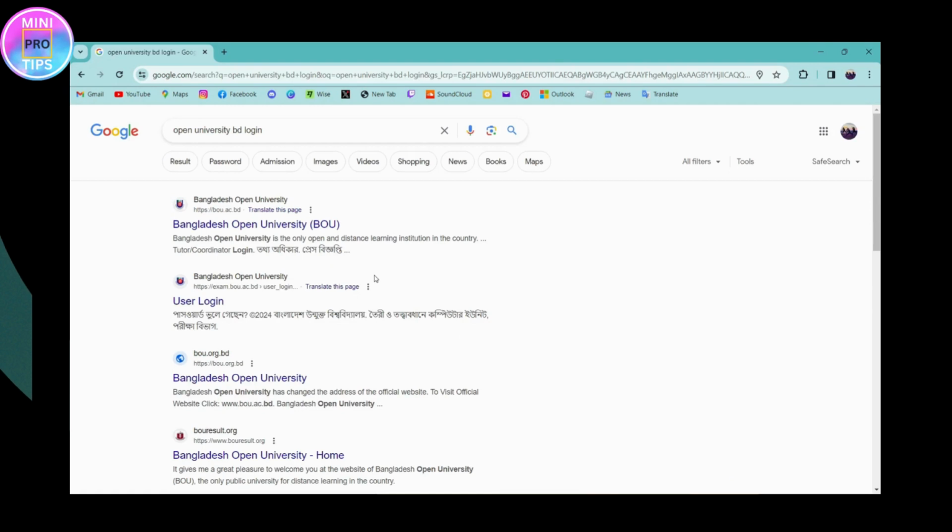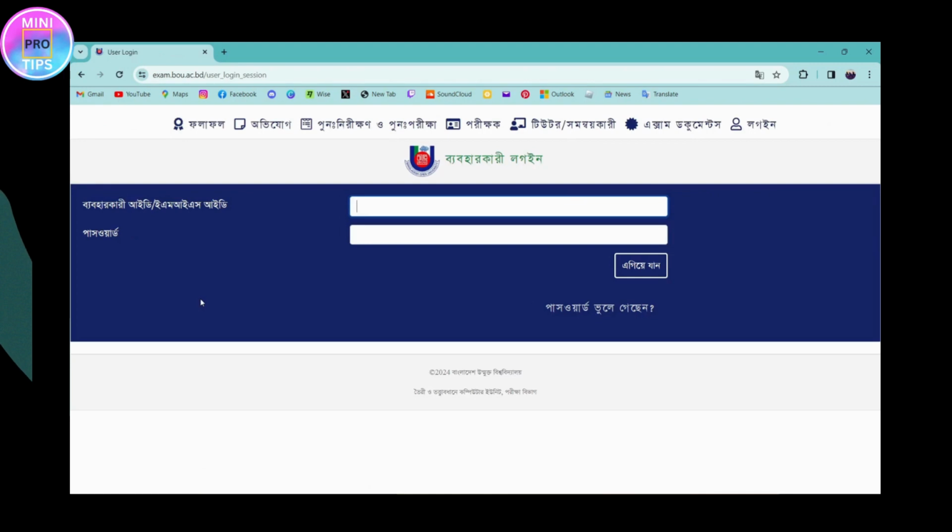And once you've searched, here you will have Open University of Bangladesh. So if you want to log into that, then you can simply go for user login, which is on the second search. Click on that and it will take you to the login page. So if you don't understand this language, then you can go for translate and you can translate your language to